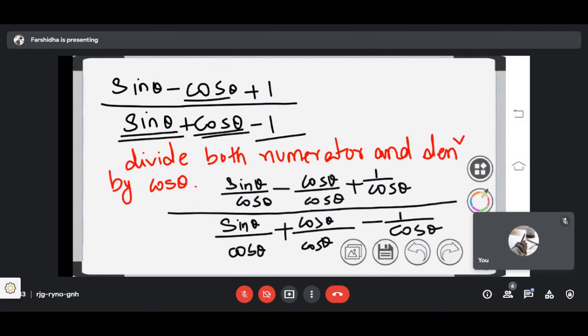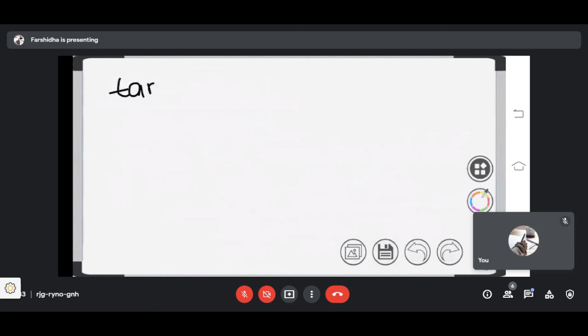Hope you understood this. Sin by cos become tan, cos by cos become 1, 1 by cos sec, sin by cos becomes tan theta, cos by cos plus sec theta divided by